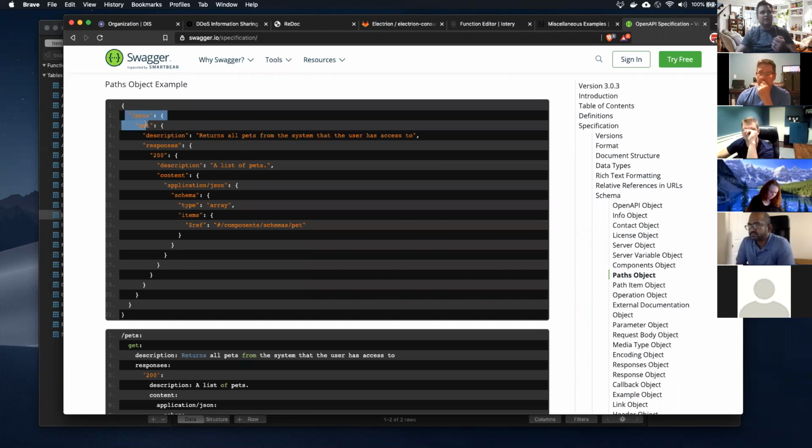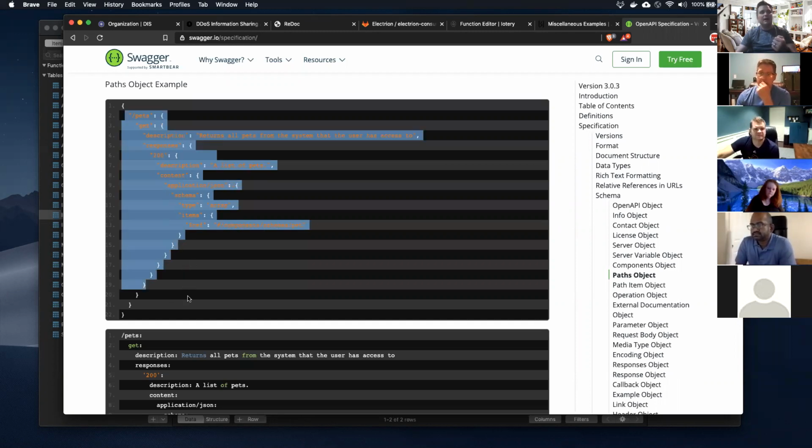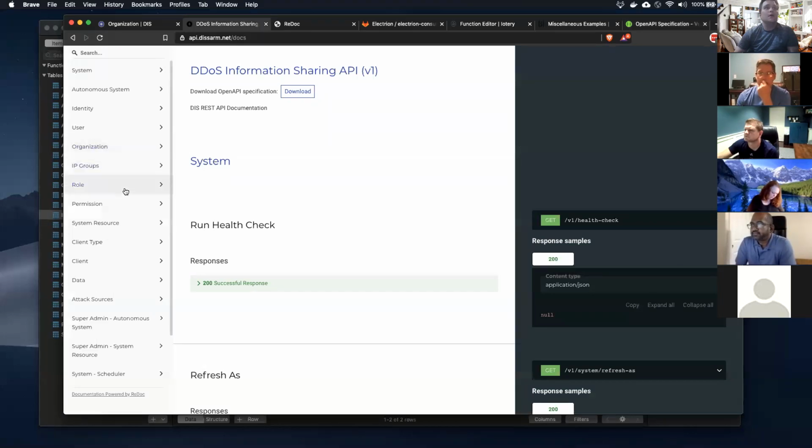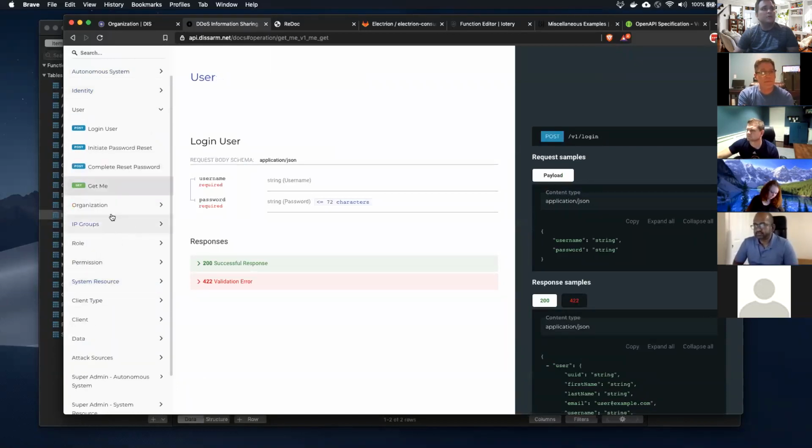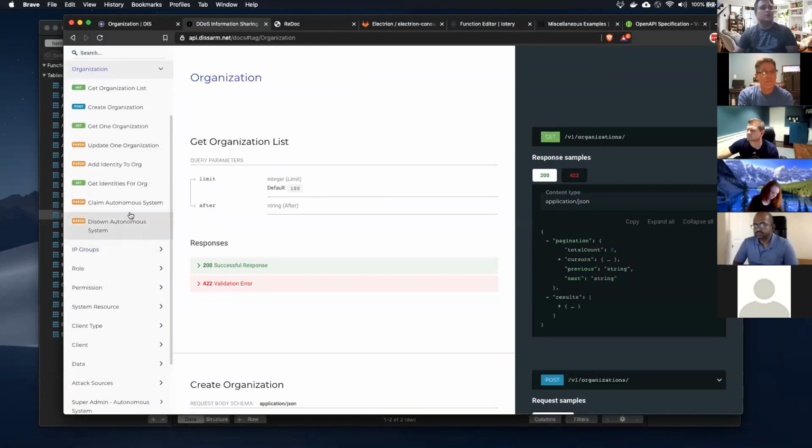So you can start to see that OpenAPI starts to really define very consistent strategies for RESTful APIs. Now, what can you actually do with these? Well, here's an example. I've been mentioning DDoS a lot, distributed denial of service. Don't worry about what it is right now, but it's a cybersecurity-oriented sort of thing. But this is an example. This is a system I wrote. It's an open source system in the cybersecurity community.